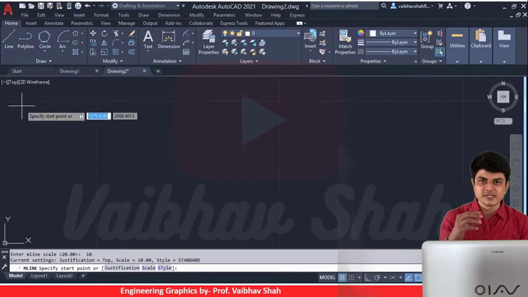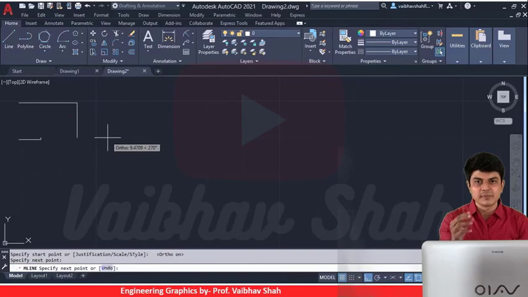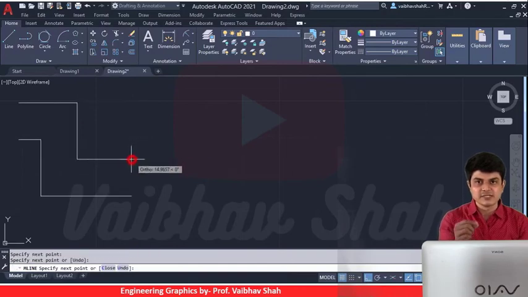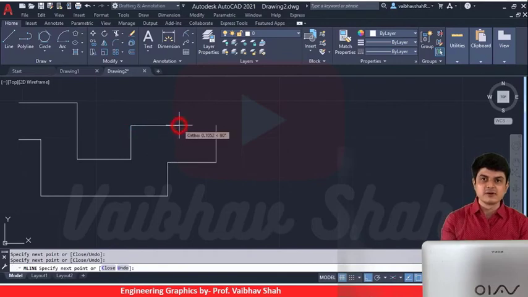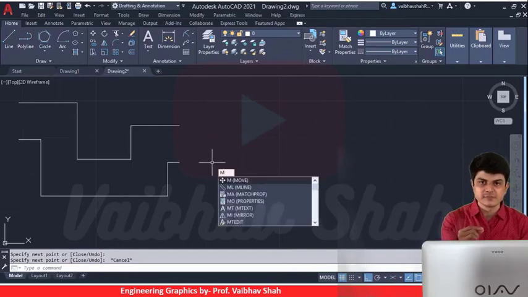As you can see, we have selected the top justification. That means our top line would be our original line. As you can see, our cursor is at the top. That means it is showing that our original line is at the top, and the bottom line is automatically drawn because it's a multi-line. It is automatically drawing the line parallel to your top line. So this is how your top justification works. The top line is our original line, and you have one line parallel to this at the bottom. It is the top justification command.